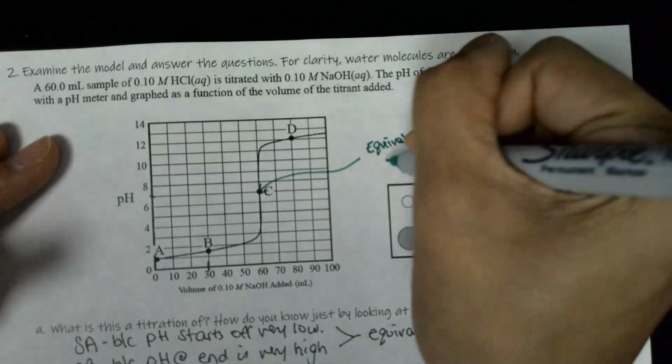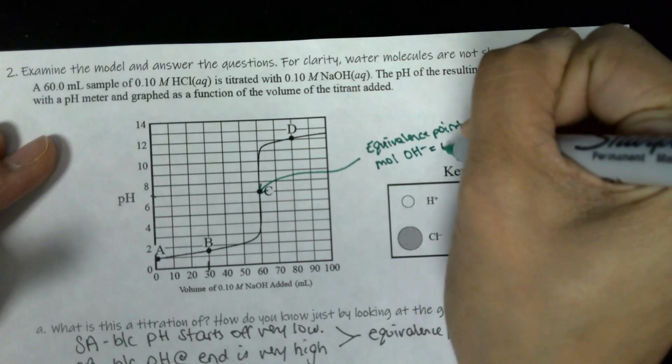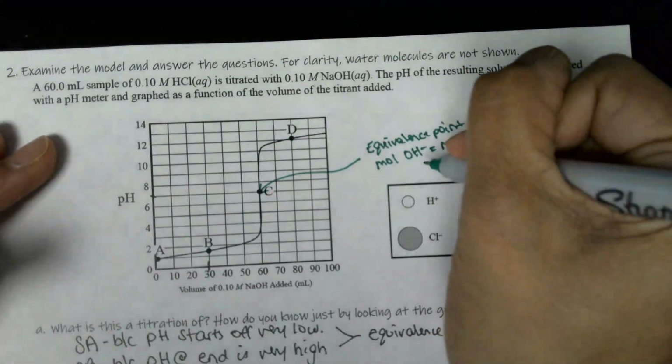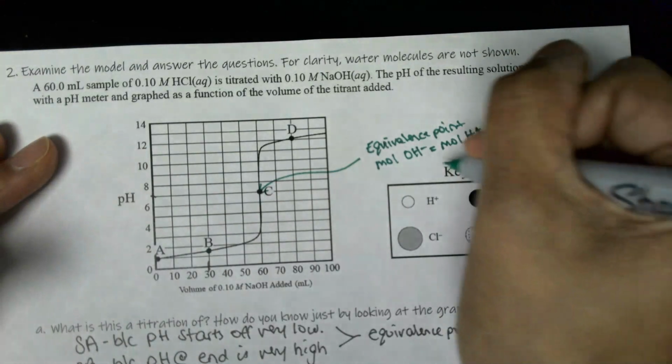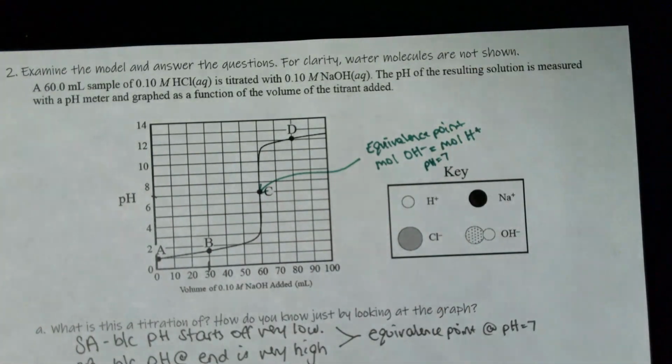And that is when you have the moles of OH minus equal to the moles of H plus. So here you know that for a strong acid and a strong base, your pH is going to be 7. Again, for a strong acid, strong base. We also know that, let's say over here,